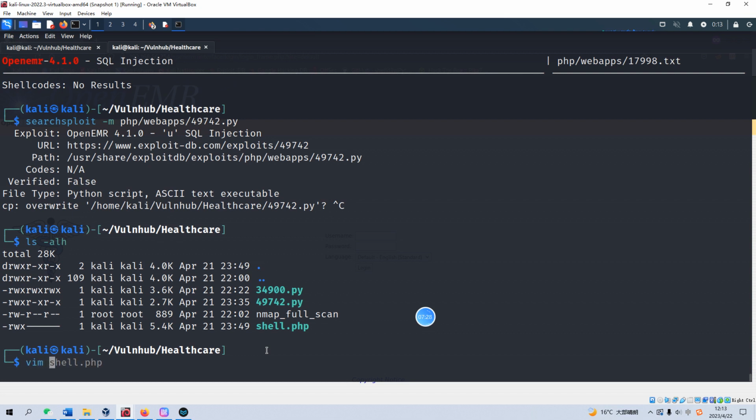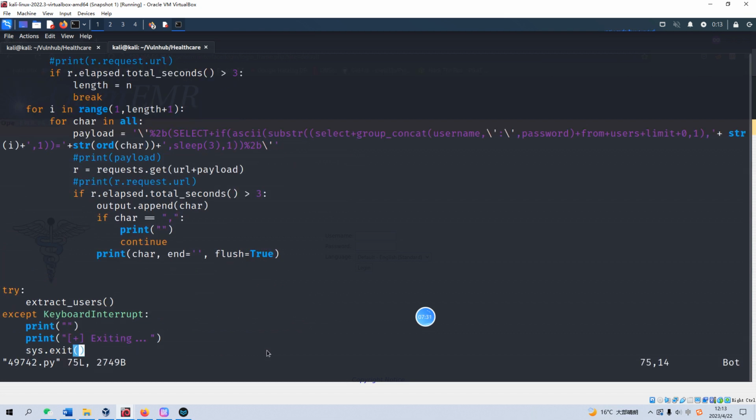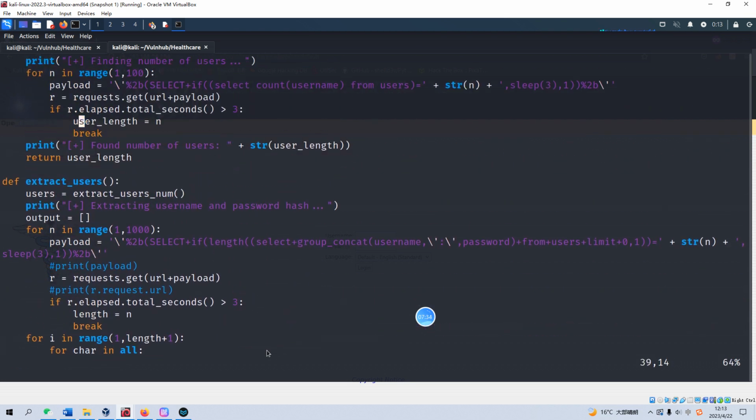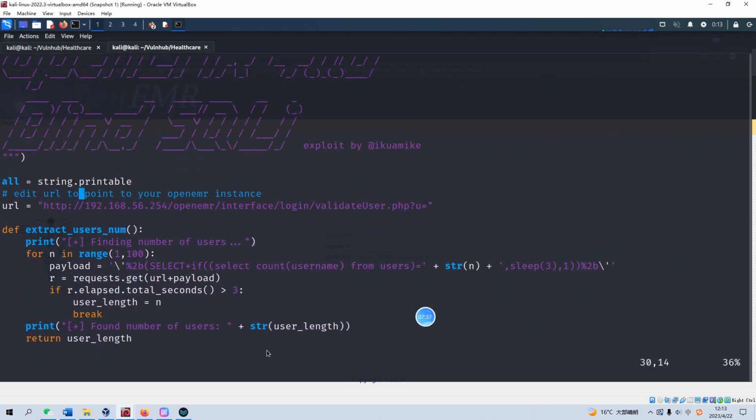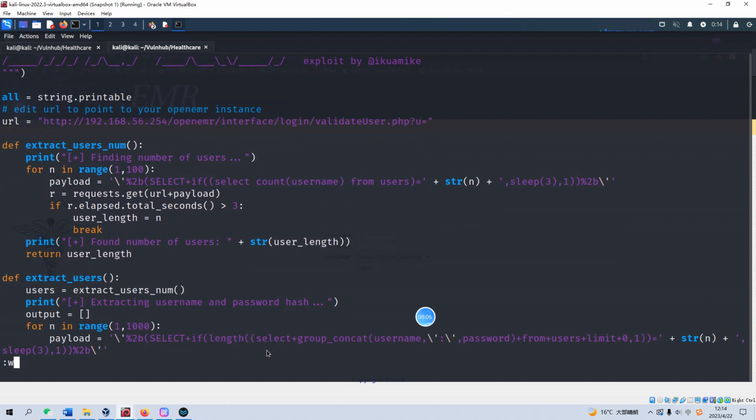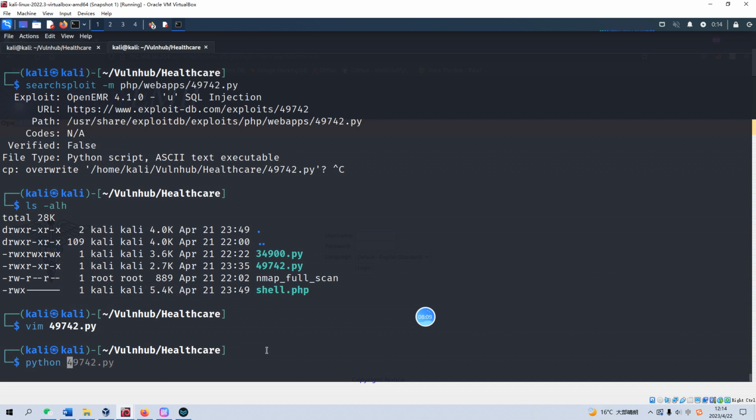Let's use Vim to open up this file. What I mean is, for example, here we need to change the URL, the IP address, to the target IP address. In this case it is 254, but it will be different depending on your own environment. I think you get my idea, okay? And I think we do not need to change anything else in this code. So now we just write and quit and run this